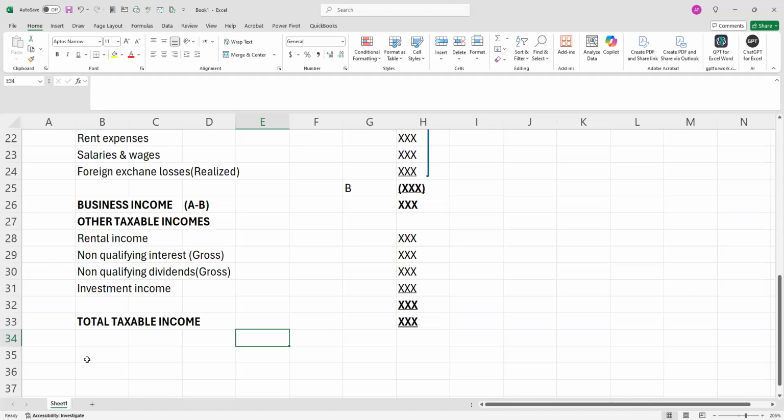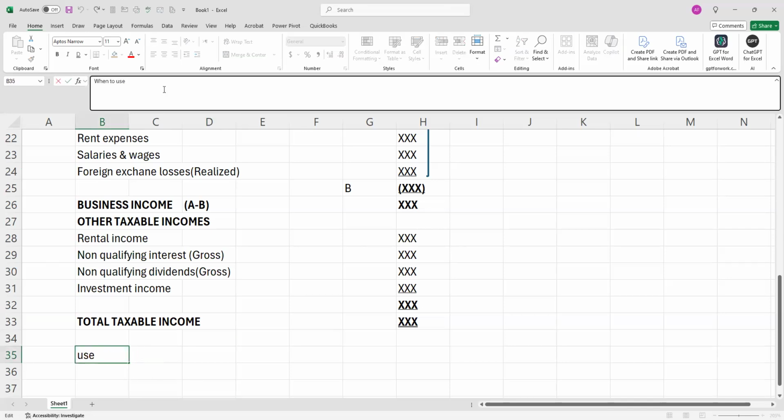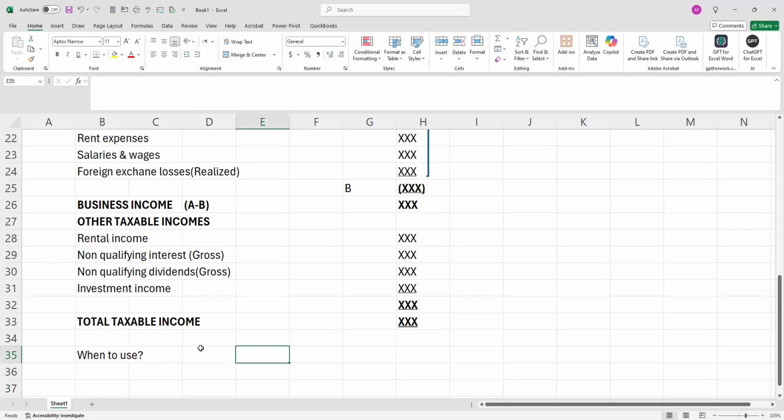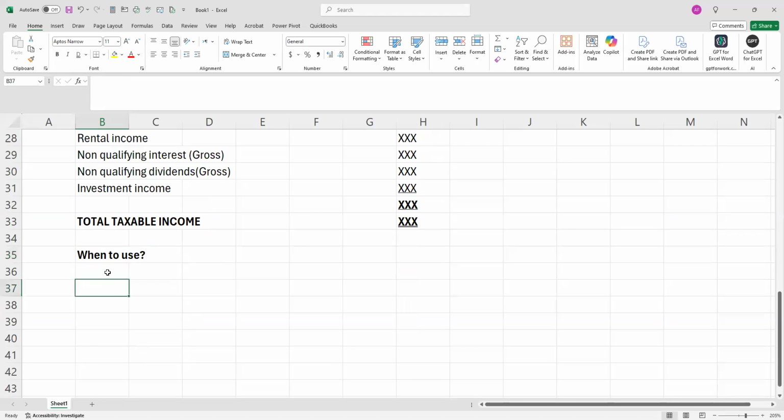My good students, the best time to use this approach is a situation where the examiner is asking you, the required given would be, determine or compute the taxable income